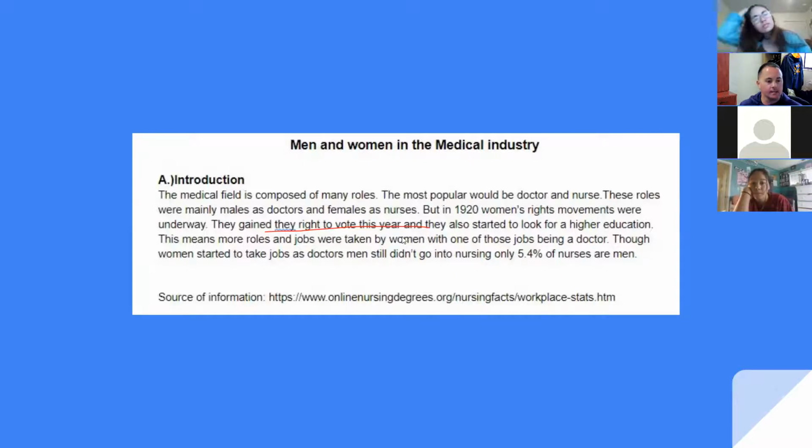Next, your in-text citation only needs to include the author's last name and the year of publication at the end of the sentence that you are referencing. Now, there were a couple of articles that did not have an author. In that case, you would use the organization that did the publication. For example, one of them was the World Health Organization. So you would write World Health Organization, comma, year of publication.